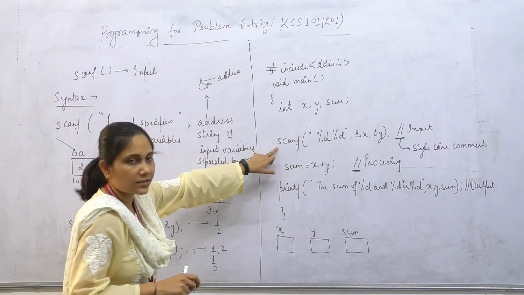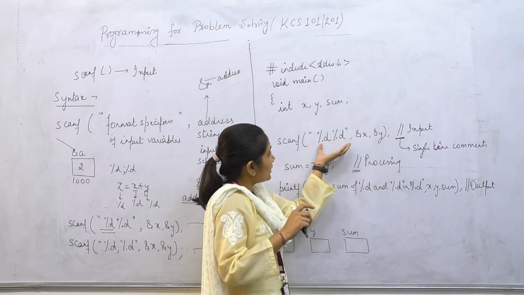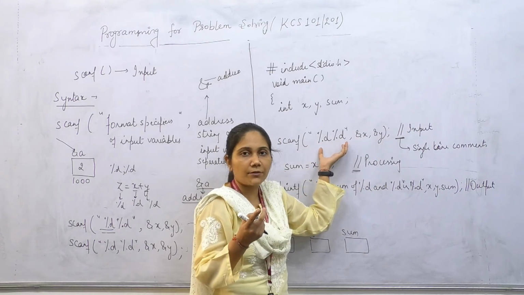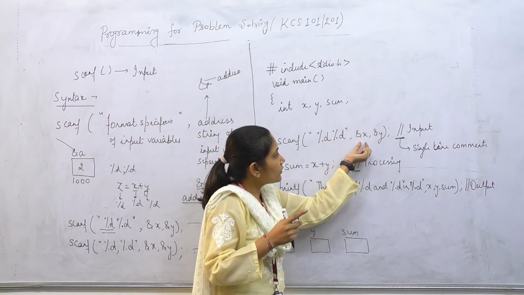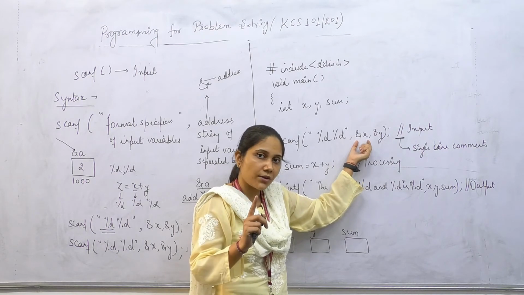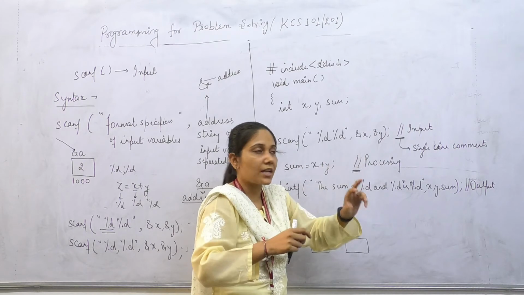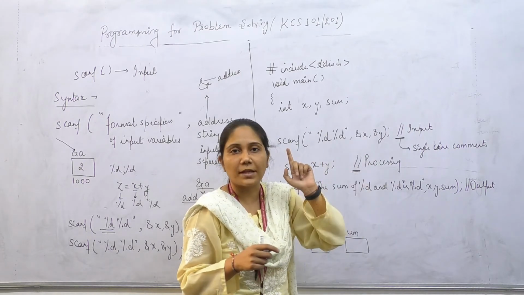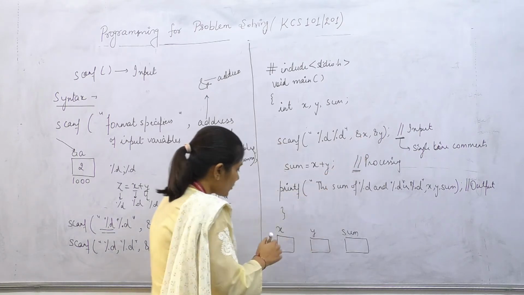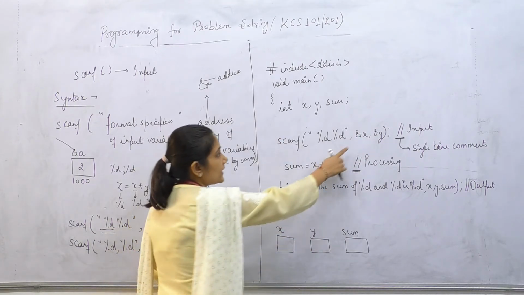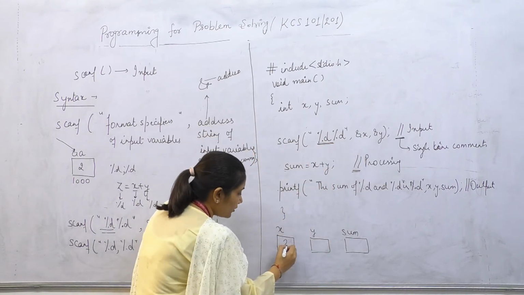Now what happens in the next step? I want input for 2 variables, because you can see this percentage is coming 2 times. It means we have only 2 input variables. So now what will happen? It will go to &x. &x means the address of x. For putting a value in a particular place, we need to locate the address of that place. So I am asking for the address of x. Suppose I have got the address of x here, and then in that address of x I can put the integer value. Suppose I have put 2 here.